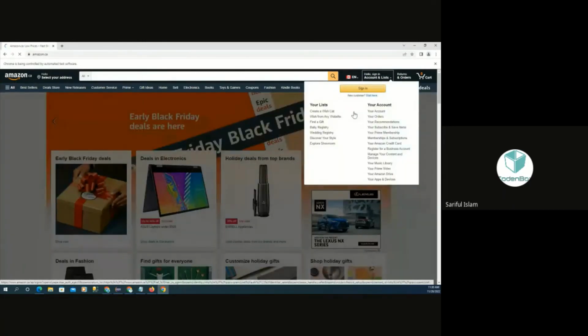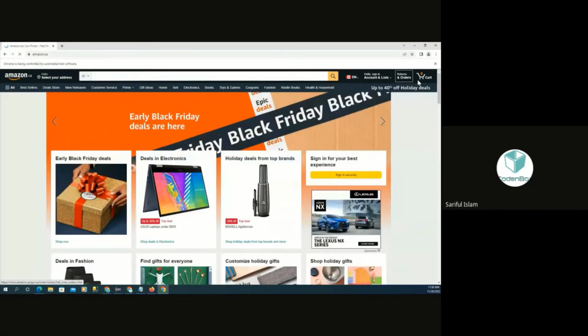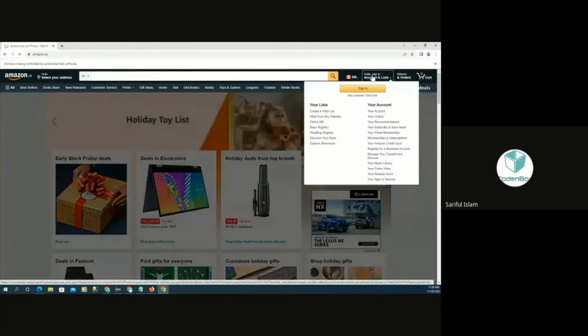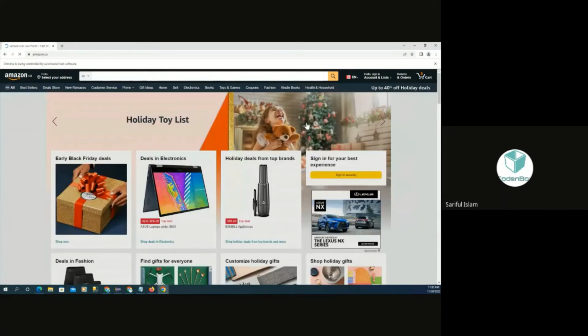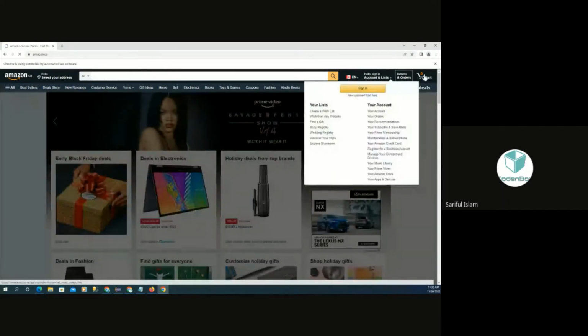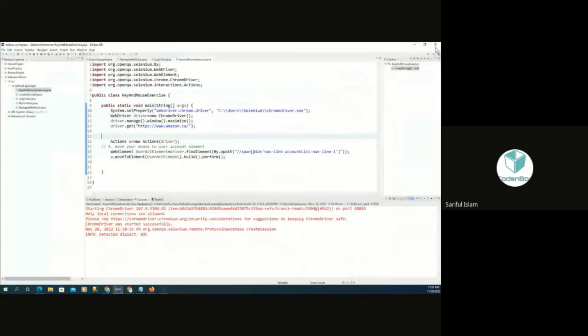Here you go. You see, it automatically opened this part. It's gone because my mouse was moving to here. So if you hover your mouse, you will see the burger menu open. So it did the job. And if you close it, you will see that there's no error over here. So it works. So that's number one. And number two,